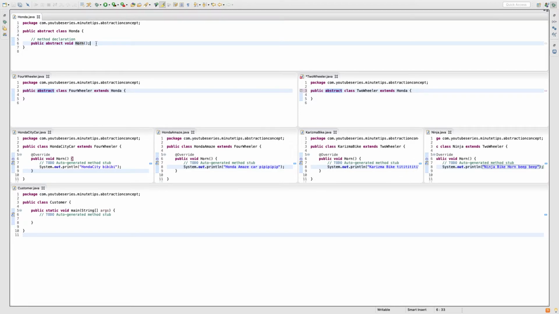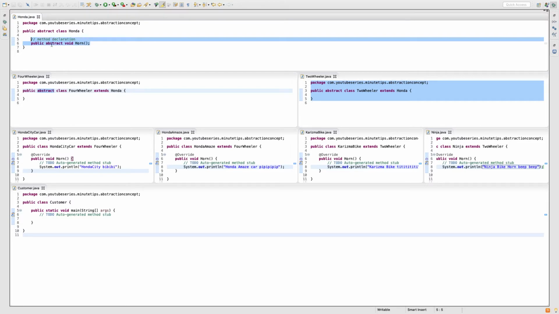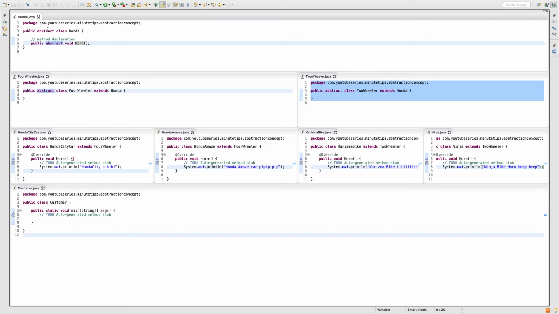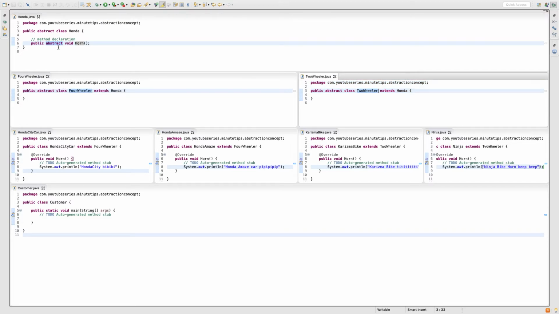I know that I wanted this method in all my four child classes. So what I did, I declared that method in my very parent class, that is my Honda class here. As soon as I make this method abstract, my class also became abstract, and now it is forcing its immediate child classes, four-wheeler and two-wheeler, to implement that method.